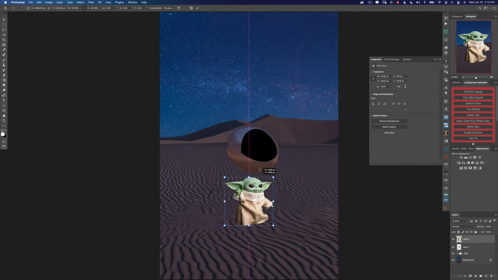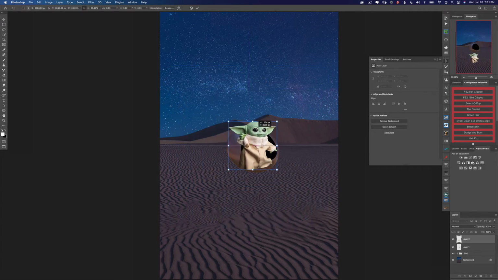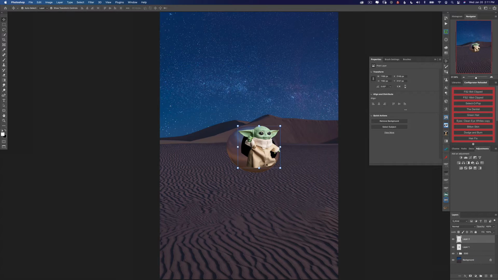Let's use the Move tool to shrink him down a little bit. And I want to put him in here so that his hand is holding on to the edge. And that looks pretty nice. Hit Enter. Let's mask Yoda so that it looks like he's actually inside of the egg instead of standing in